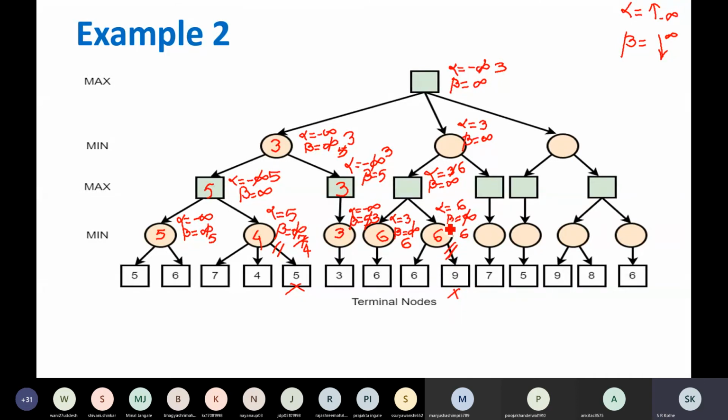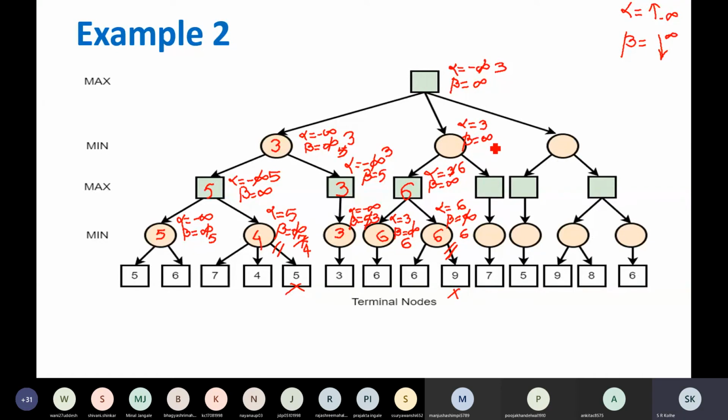This is 6. This is maximizer. Update the value of alpha. So it is 6. Need not change. What will be the value of this node now? 6. No problem, right? This minimizer is getting 6 from this. It will update the value of beta.